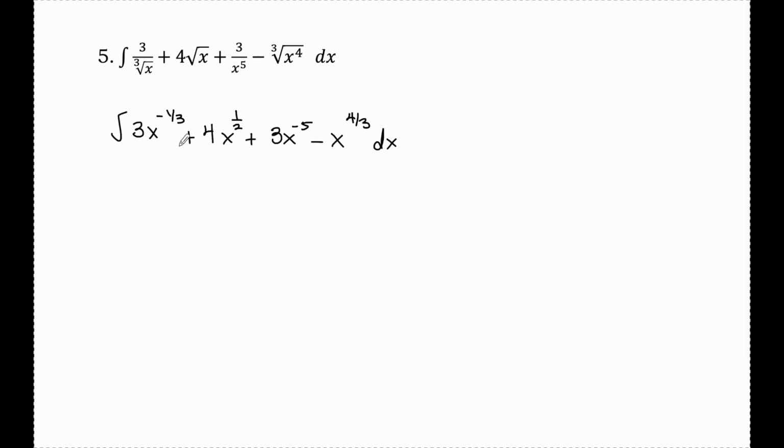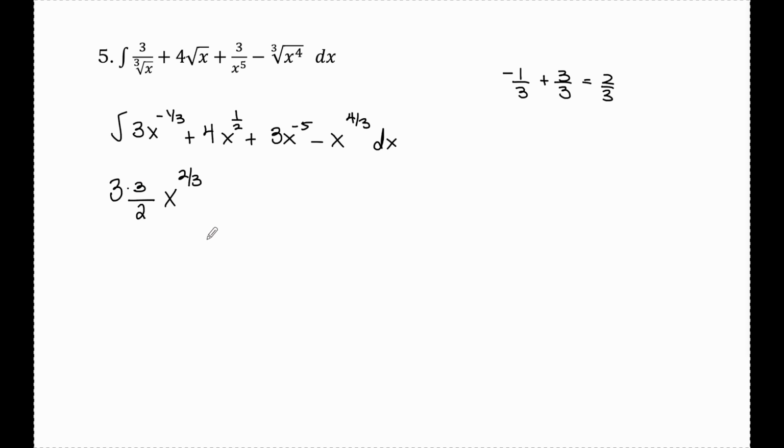In my next line, since I'm separated all by addition and subtraction signs, now I'll start adding 1 to the exponent and dividing by that new exponent. So now I start my polynomial integration. For this first term, I'm going to carry down the 3, leave space for that fraction, and write my x variable. When I add 1 to negative 1/3, negative 1/3 plus 1 would be plus 3 over 3, so that new exponent is positive 2/3. And again, rather than dividing by 2/3, because that would look pretty sloppy, I'm going to multiply by the reciprocal